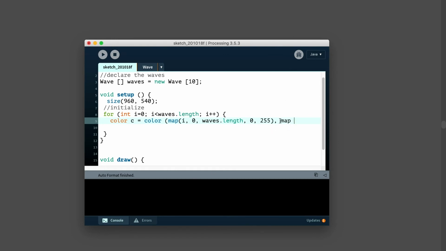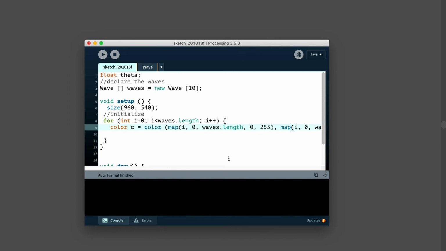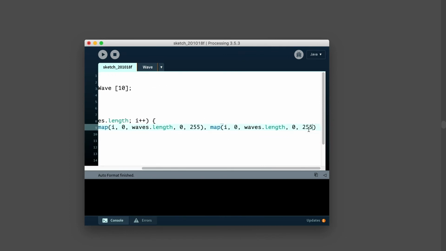Like maybe we'll map something. We can just copy and paste this, but if we want to just change the range, maybe instead of going to 255, it just goes to 150, and let's see. The last value, maybe it's just a constant, 200.